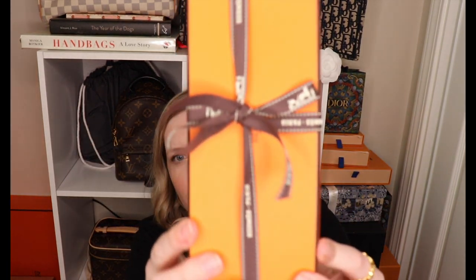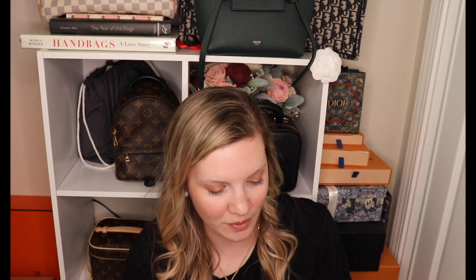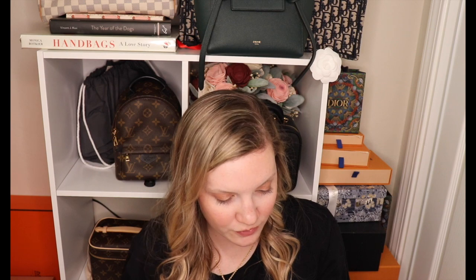So it's in this beautiful box. You guys can probably tell by the shape what it is. I also just love Hermes ribbon. I'm just going to end up rewrapping all these boxes and putting them behind me somewhere because I find them beautiful. And this little guy,